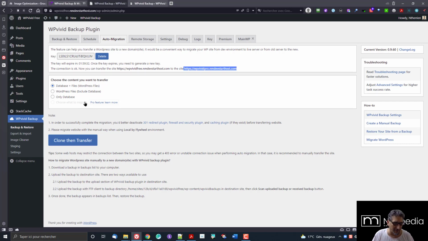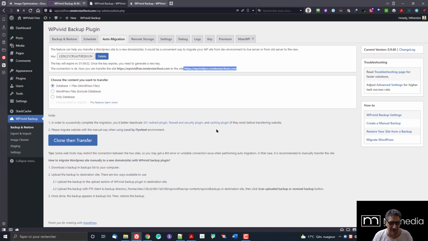Okay? In other words, you can exclude some folders and things like that, which for now, it's okay in our case, since we have only a basic site anyway. So I'm going to, of course, copy everything, database and files. So it tells us here that I need to remove some plugins. I don't have those plugins here, but it tells me that if I have this plugin, Twilio One Redirect, which I often have, firewall, caching plugin, and so on, it's probably better to simply deactivate those before,